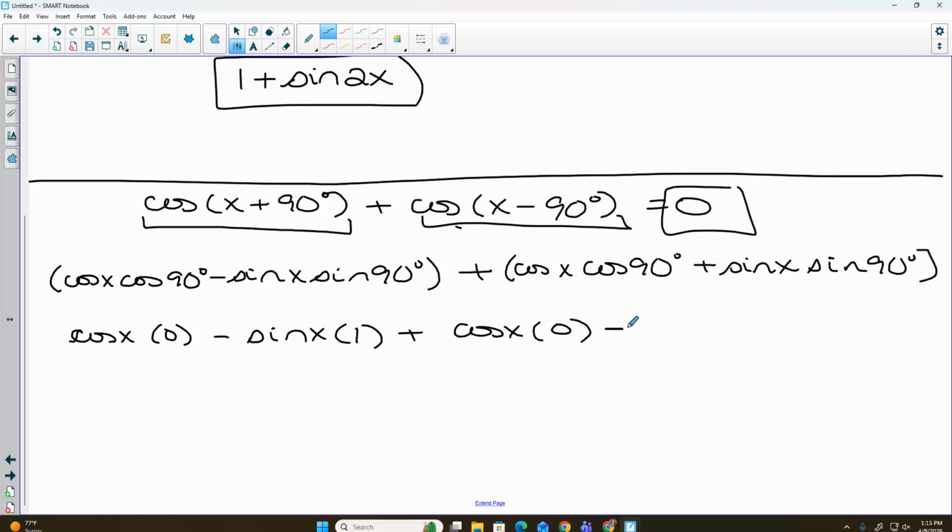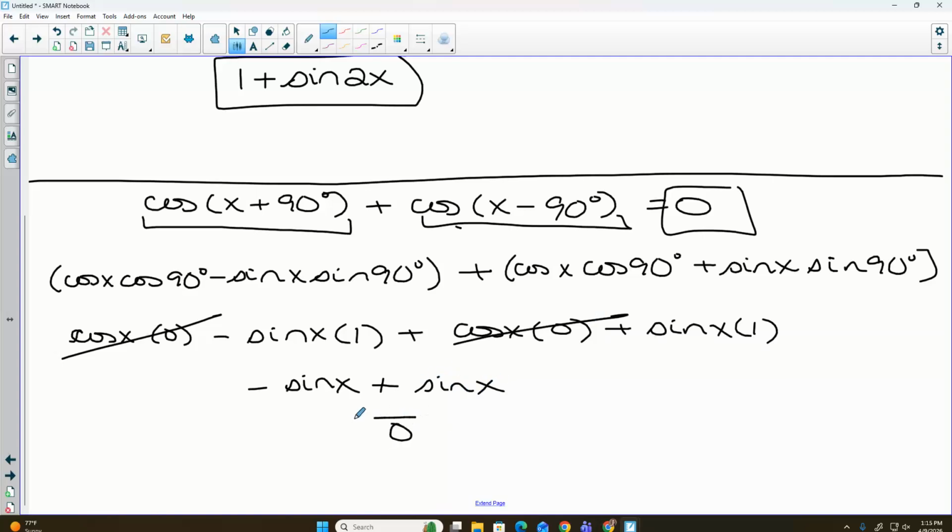Cosine of 90 is 0. So this is just a 0, that's gone, so I have a negative sine x plus sine x, which is